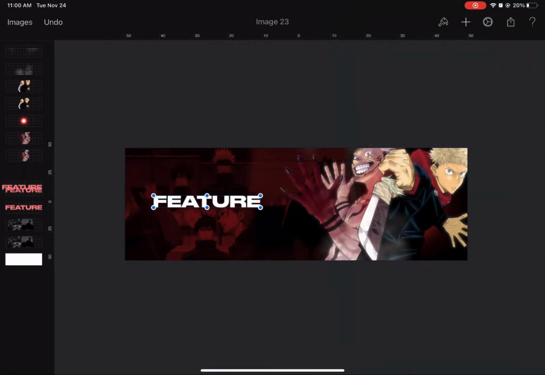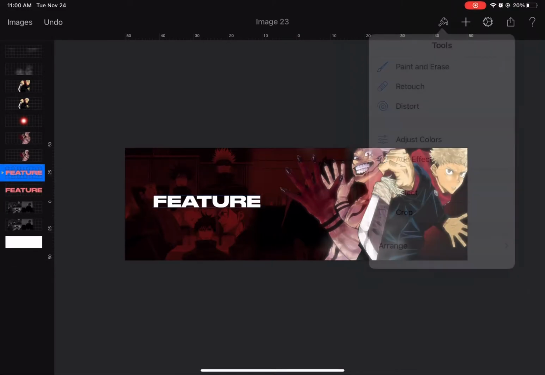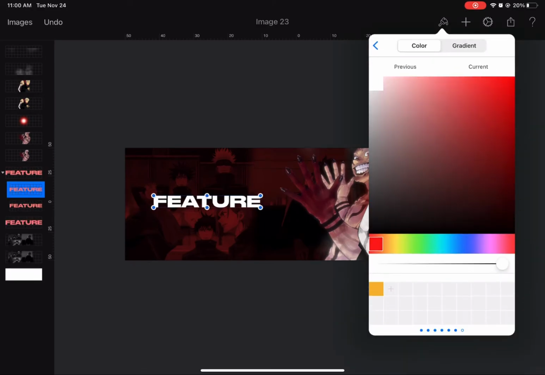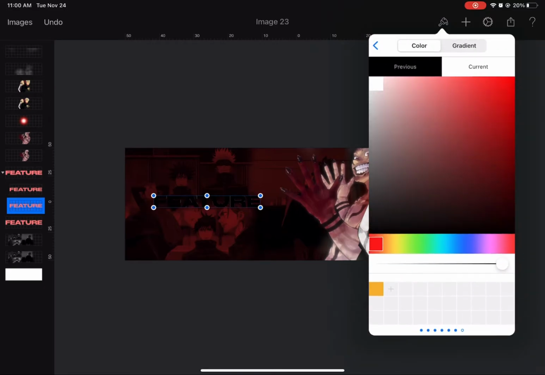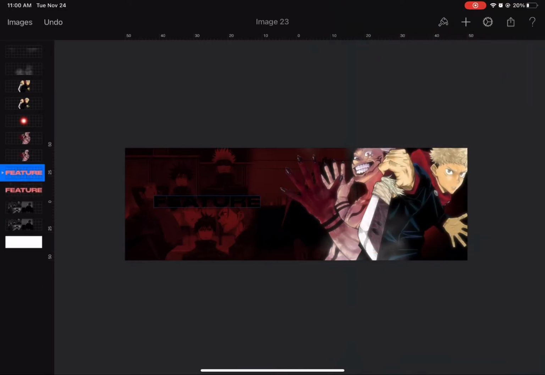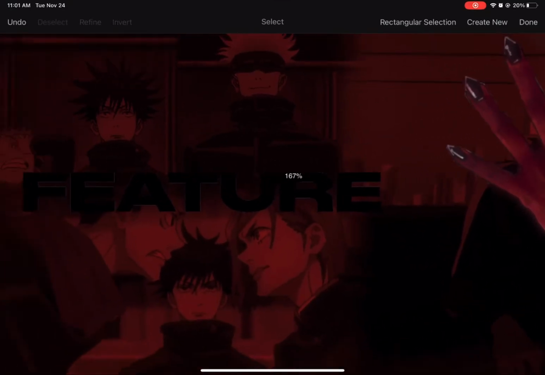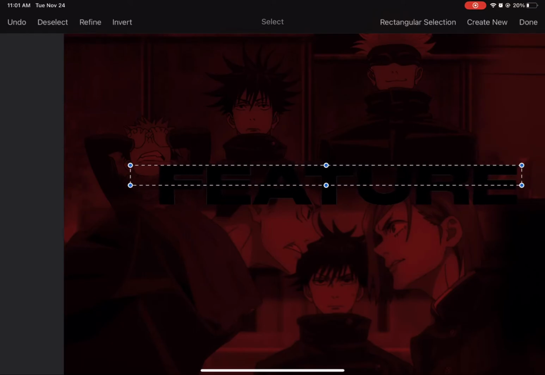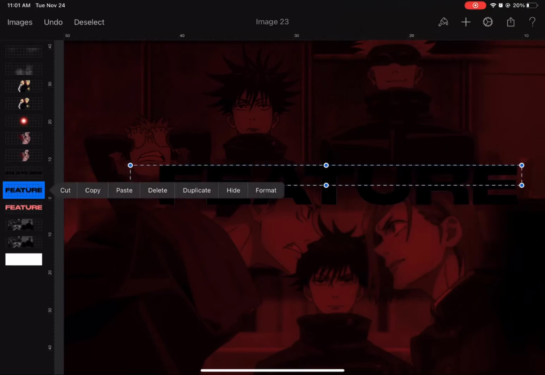Now I'm gonna duplicate the layer twice and change the colors of those two layers to black, and then I'm gonna merge them. So right now, I'm going to cut the first half of the text, as you see what I'm doing right now. I'm gonna split half of it, and then I'm just gonna duplicate it, go back to it, hide it,